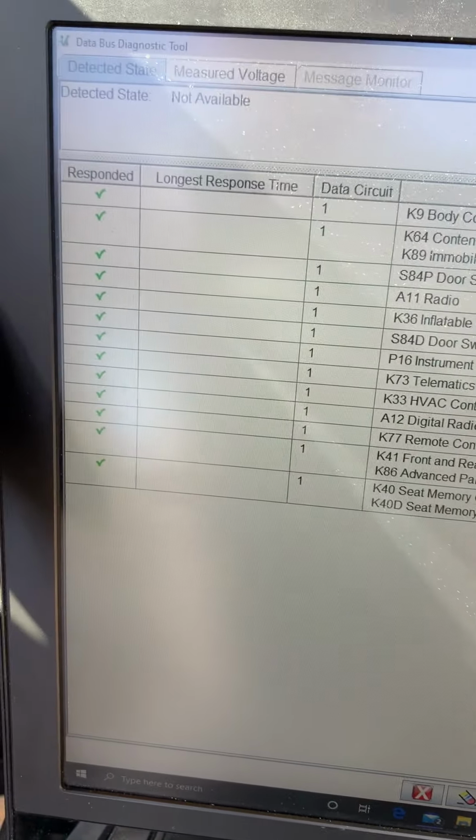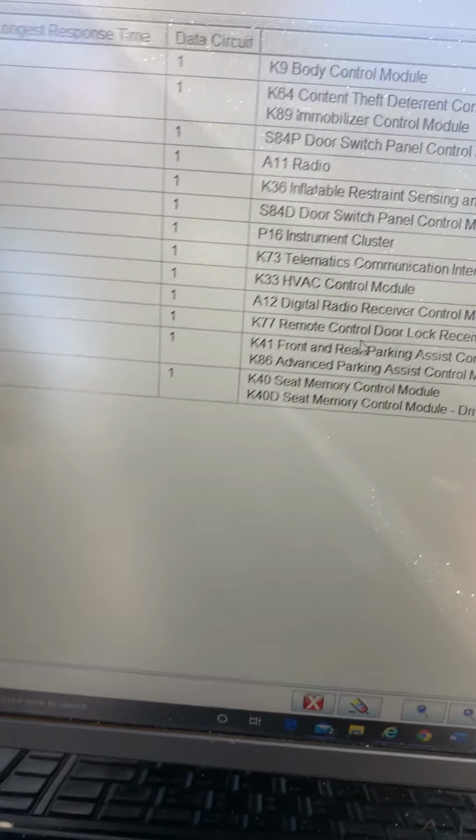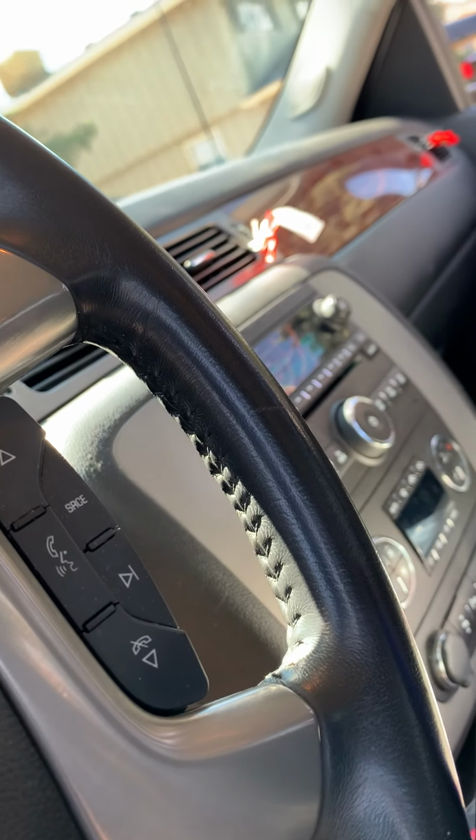So none of this stuff works if you take out that low speed bus. Okay, so what's interesting about that is, let's go back to